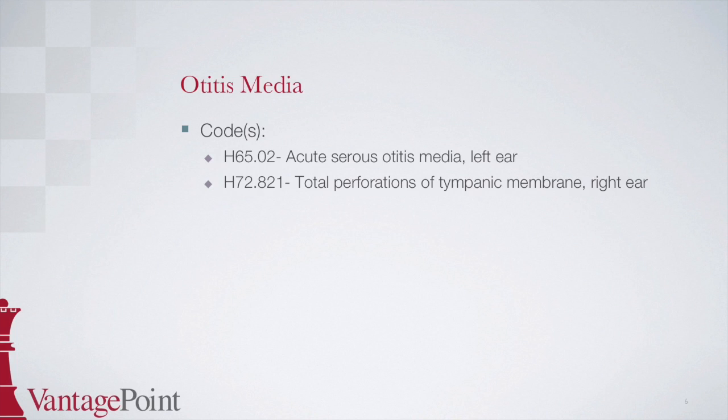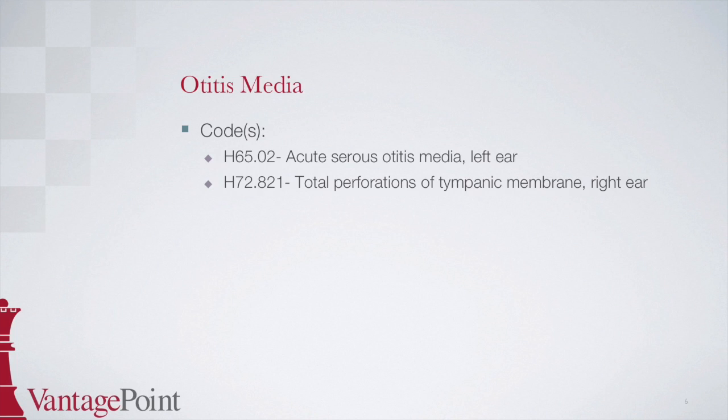The second code is H72.821, total perforations of tympanic membrane, right ear. Start by looking up perforation in the alphabetic index, and then locate tympanum tympanic indented below with membrane in parentheses as a non-essential modifier. Indented below this is the term total, which points to H72.82 with a checkbox next to it indicating that more digits are required. After finding H72.82 in the tabular, we see that the code for the right ear is